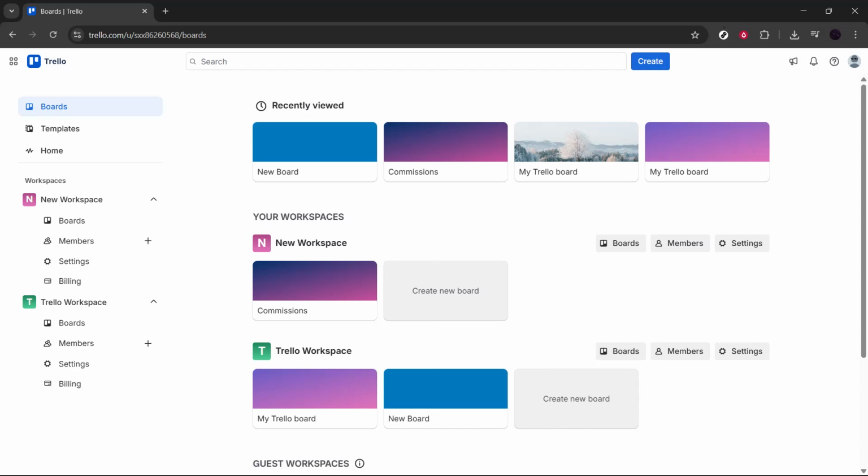In today's video, I'm going to show you exactly how to change your Trello theme step by step. If you're tired of the default look, or you just want to switch between light and dark mode for better focus, this quick customization can make a big difference in your daily workflow. Trello makes it really simple to personalize your experience, and in the next few minutes, I'll walk you through the